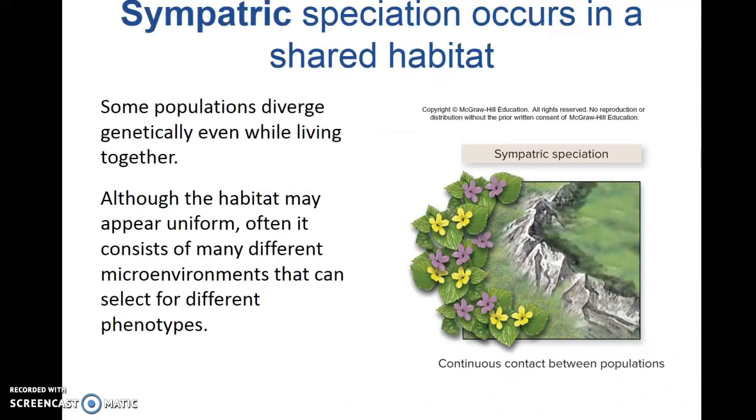The other type of speciation is called sympatric speciation. This is when populations diverge from each other even though they are still in contact with each other. This could happen for a variety of different reasons. Let's say you had an environment on a slope, with plants high on the slope and plants low on the slope. The plants low on the slope got a lot more rain, and the plants high on the slope got a lot more sunlight. There could be very small micro differences in the environment that continue to lead to allele frequencies changing over time and eventually speciation.